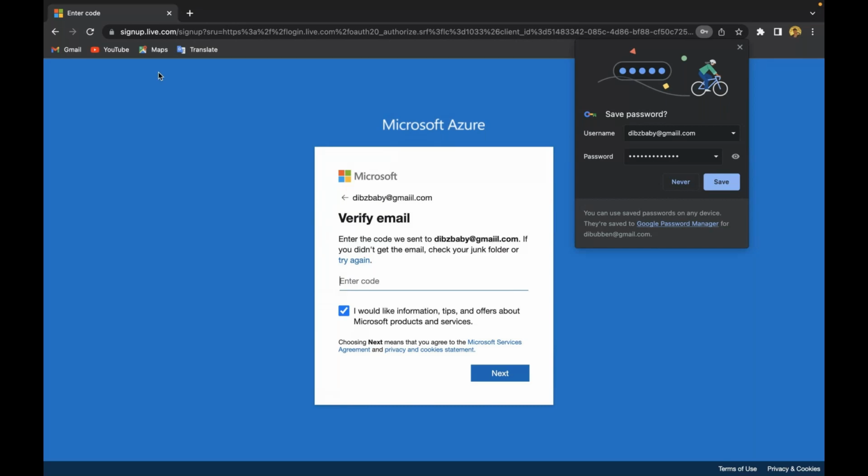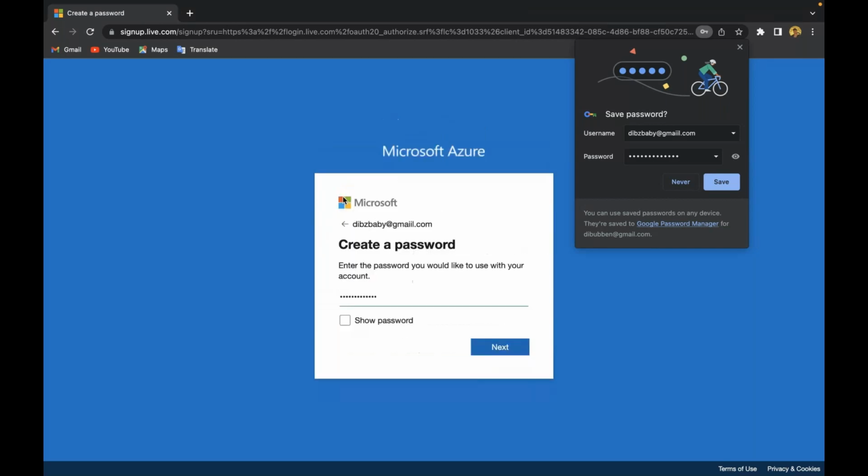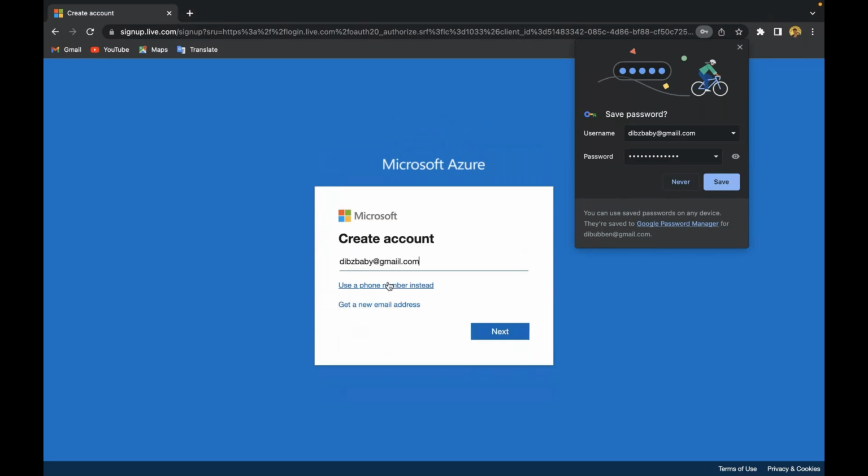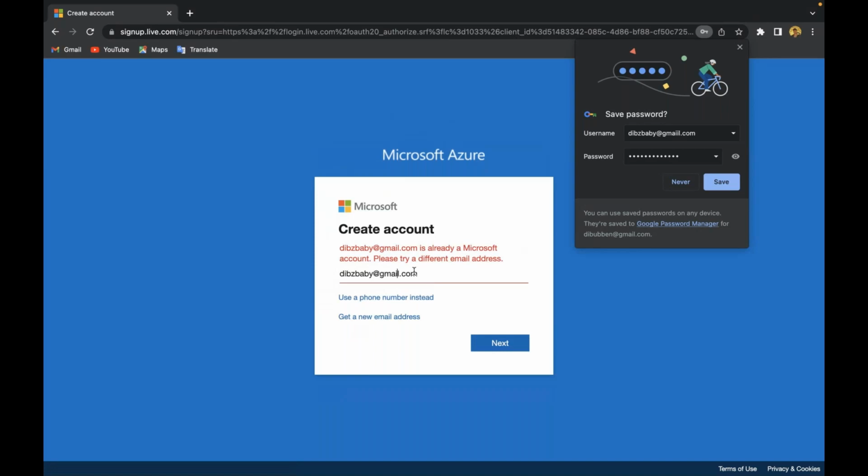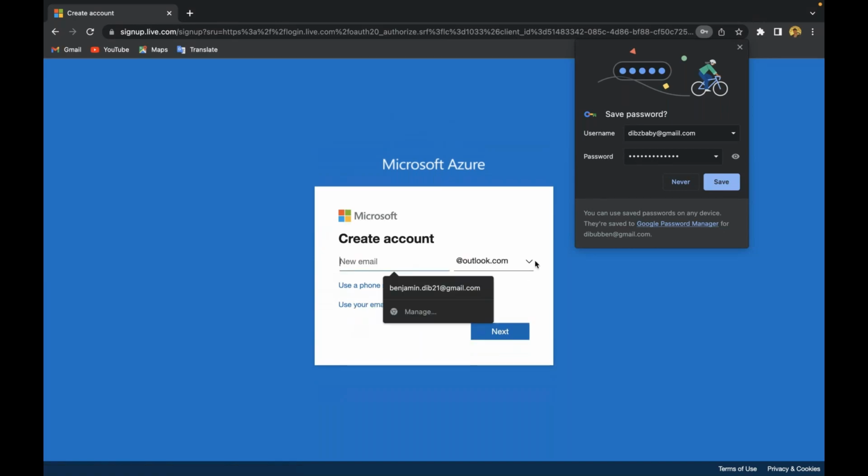So you'll have that email, sir. What we created, you should have that email. Just click on get a new email address. It will create a new Outlook address or something. Create an email with Outlook, sir.